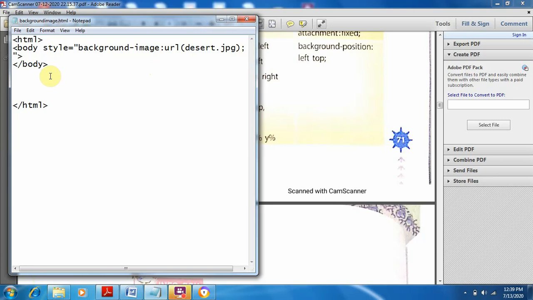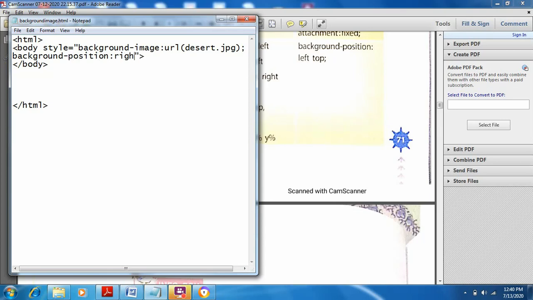Like I'm giving background-position, then colon, give any position.